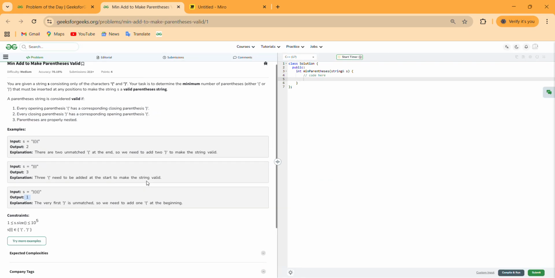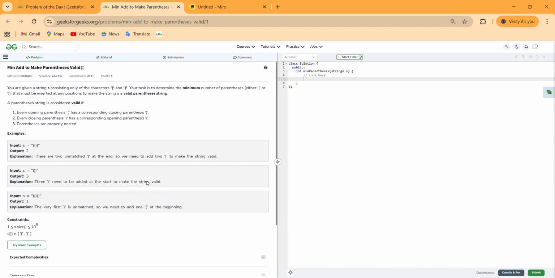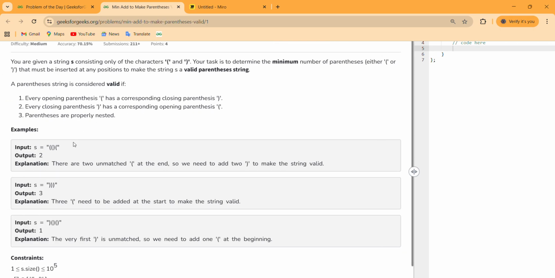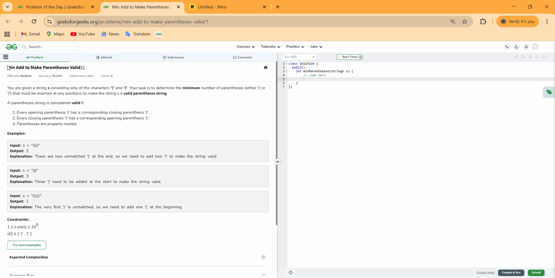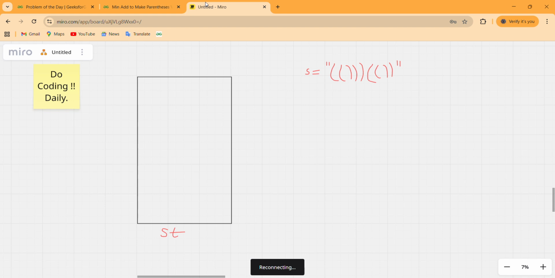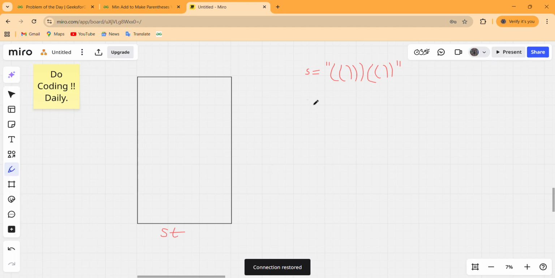Now what will be the brute force approach to solve this? What can we think to solve this? Whenever we see parentheses in any kind of string question, we must think about a stack first, because whenever we have to match parentheses or some kind of pattern, we must require a stack. So let us first make a stack and then apply our approach on this string to check whether it is correct or not.